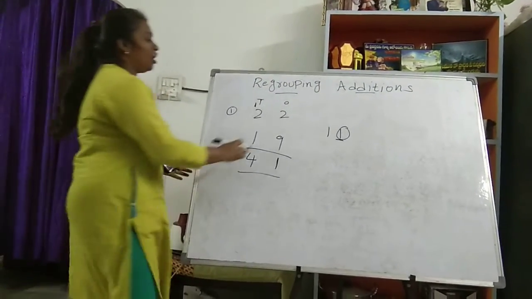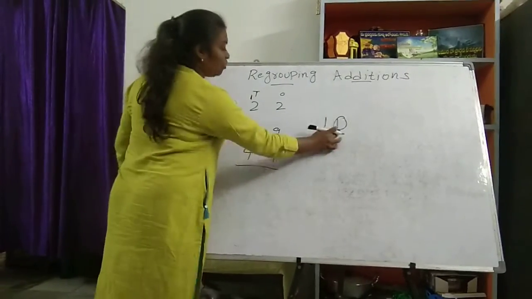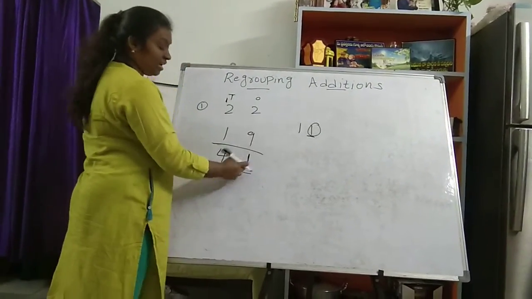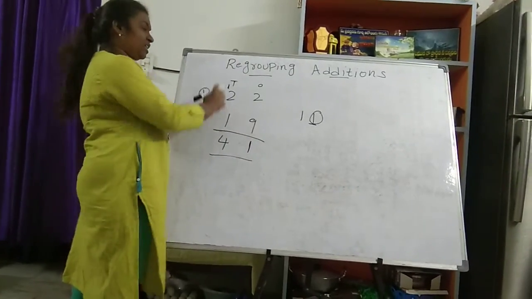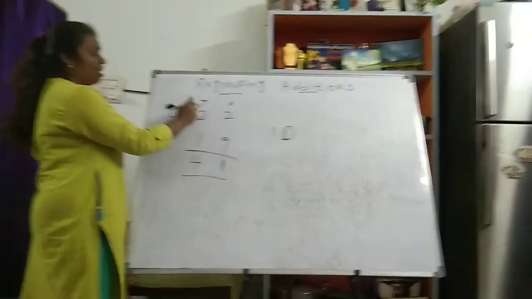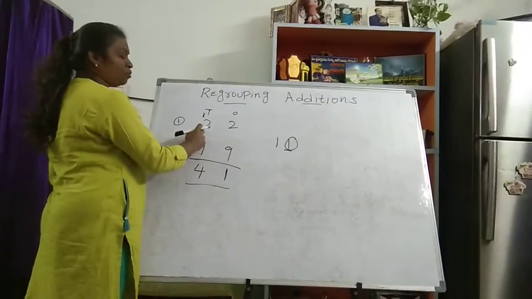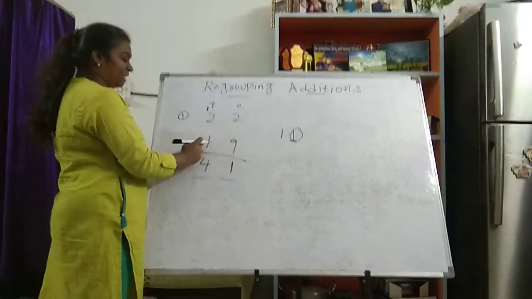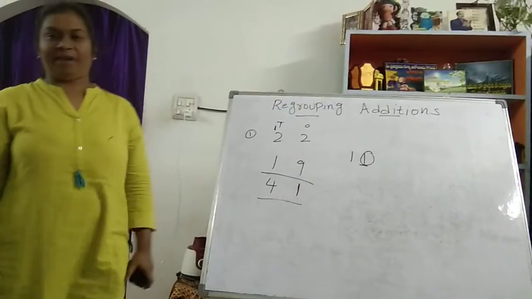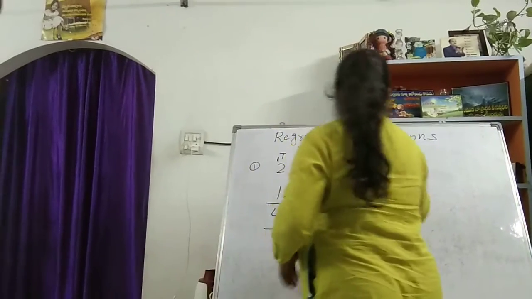I'll explain once again, children. Now 2 in the mind, 9 on the fingers, you got 11. You cannot take it here because they are two digits, so one digit you take here and one digit you borrow in the tens place. Now you have to add all three numbers: 1 plus 2 plus 1. 1 plus 2 is 3, and 3 plus 1 is 4. So the answer is 41, okay children. I'll give you one more sum for your understanding.